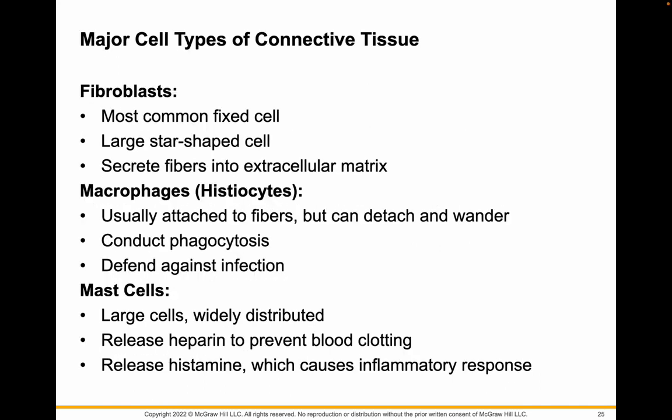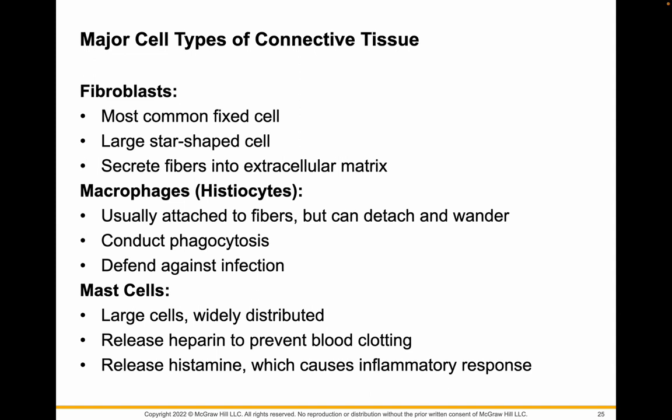So the major cell types of connective tissue are these three: the fibroblasts, the macrophages, and the mast cells. Now, fibroblasts are going to look like there's a bunch of fibers coming out, like a blast, like a bang in a comic strip of fibers coming out. And so that's going to be easy to recognize. They are the most common fixed cell. Remember that means they're anchored. They're kind of star-shaped, like a bang or bam would be in a comic book. And they secrete these fibers out into the